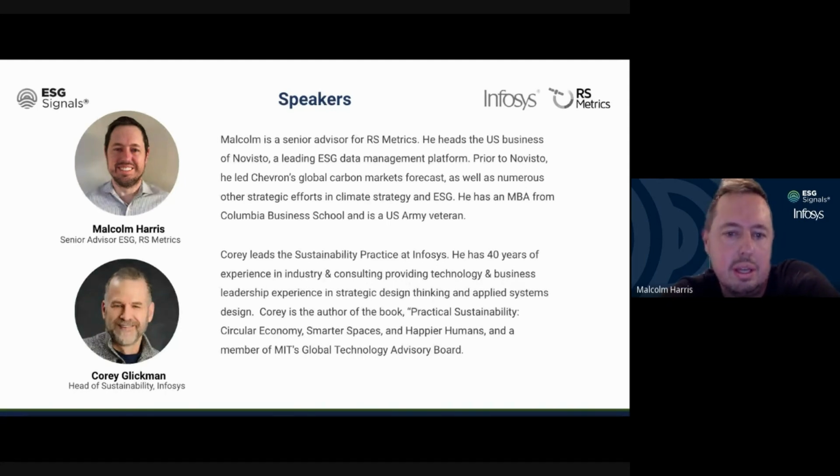So coming from the corporate perspective, I would love to have, at my fingertips, working corporate strategy, a good ability to assess physical risk, transition risk, both internally and against competitors in an M&A context. So we'll talk about that when we get to the case study. But that's how I see this data being used in the corporate setting, right? So Corey, you want to introduce yourself, and then we'll get into some case studies.